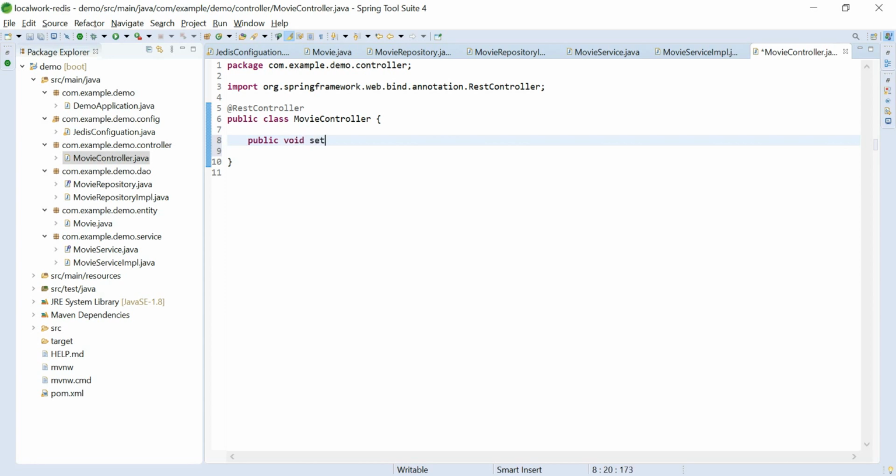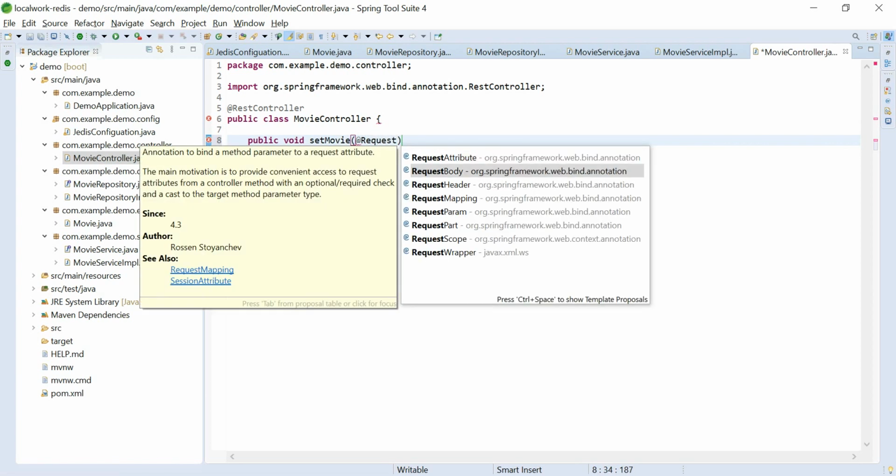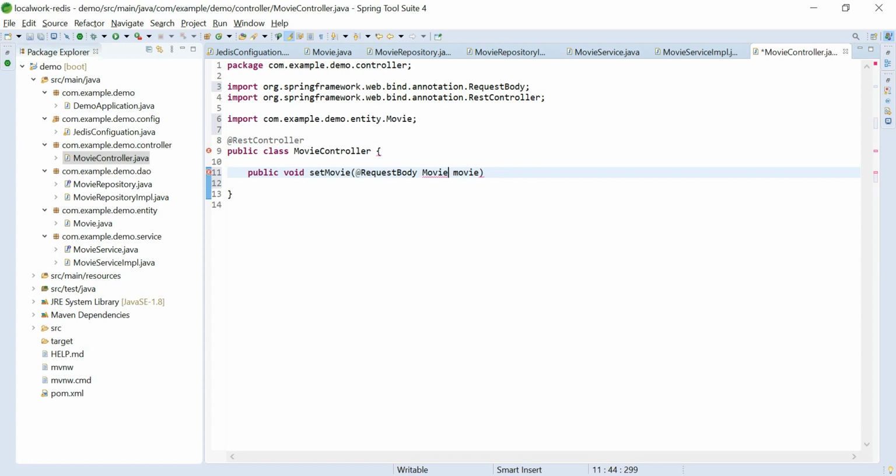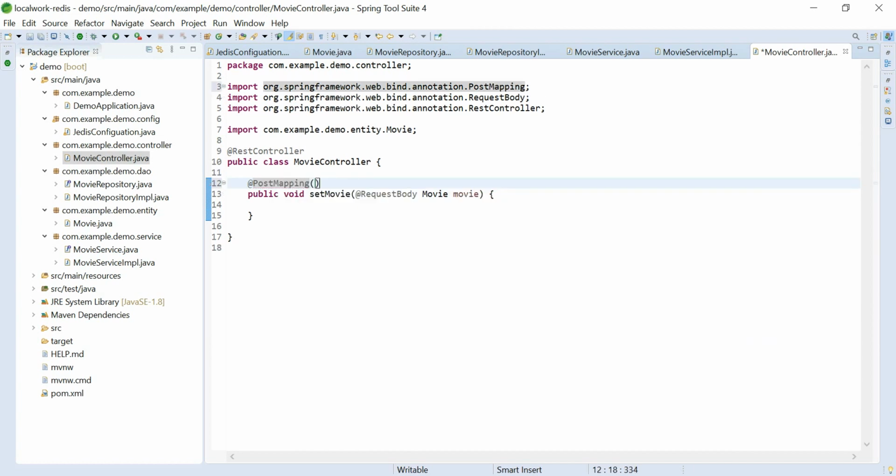Public void setMovie, and now we will accept the movie object from the request. And we will annotate this method with PostMapping, and provide movie.